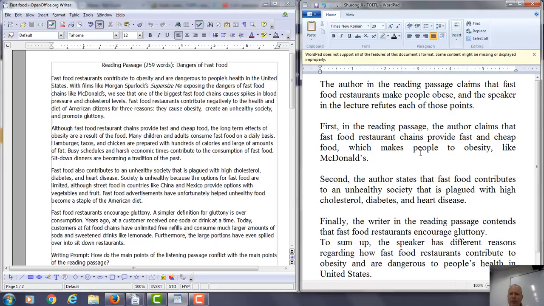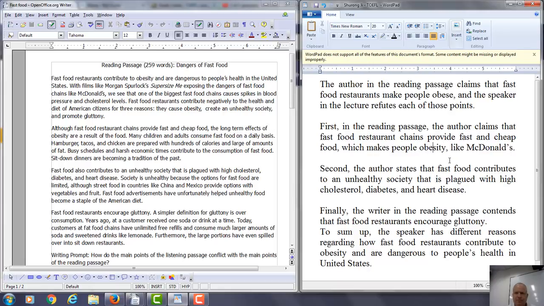Now what you want to do here, which makes people to obese, you're using almost the same grammar. You want to show that you can use a variety of grammatical structures. But if you want to do that, then you would just do this. Okay, now what you're not doing here